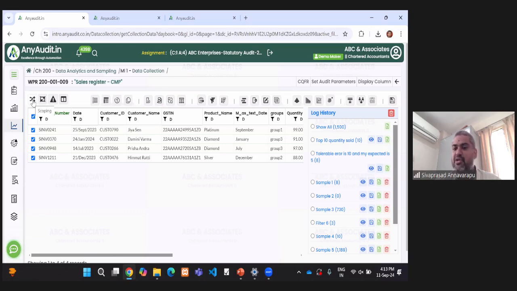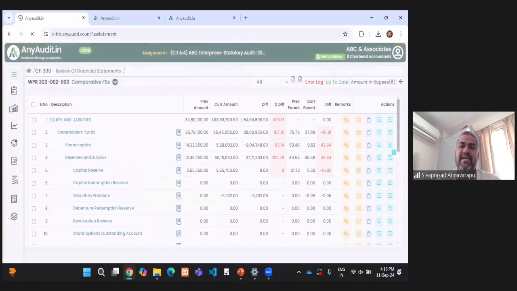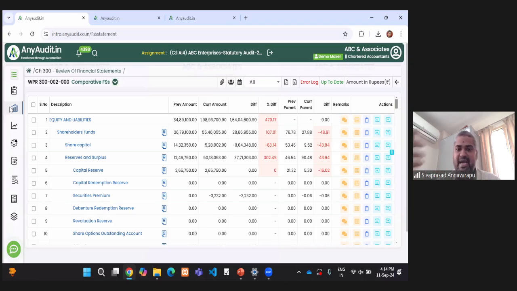Now, let us go into another area, that is the financial statements and analysis thereof. The system has an integrated way in which we can generate the financial statements. Of course, the generation here is from the audit angle for comparative analysis. Now, I can upload the trial balance.